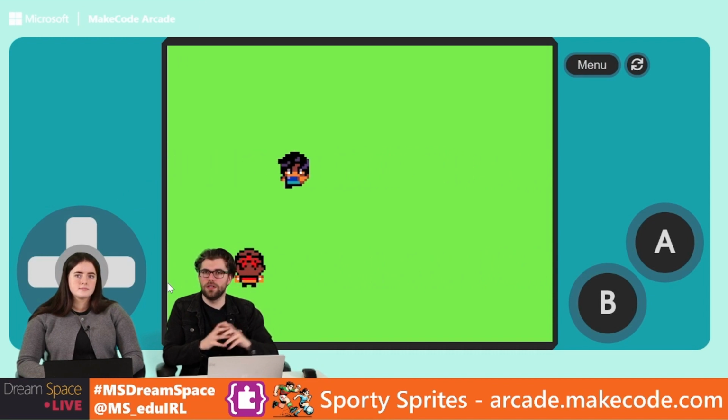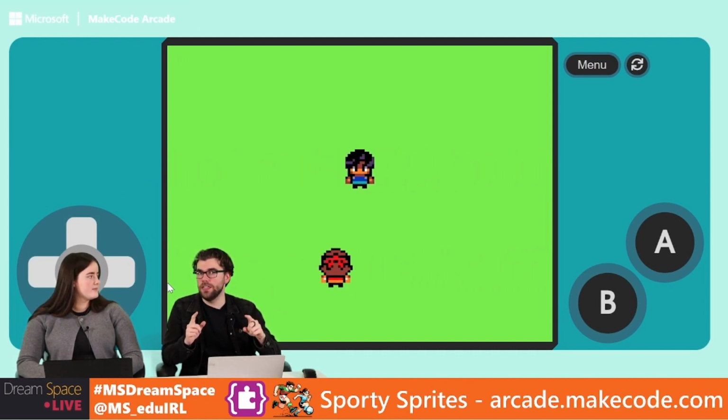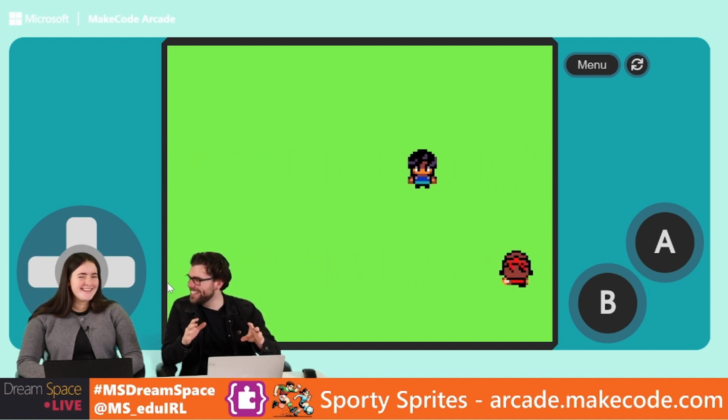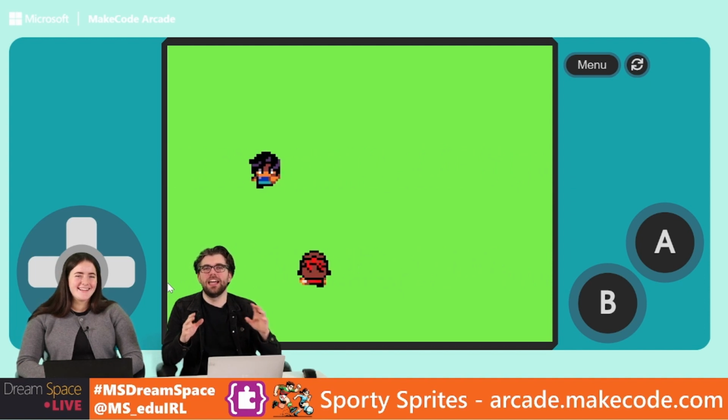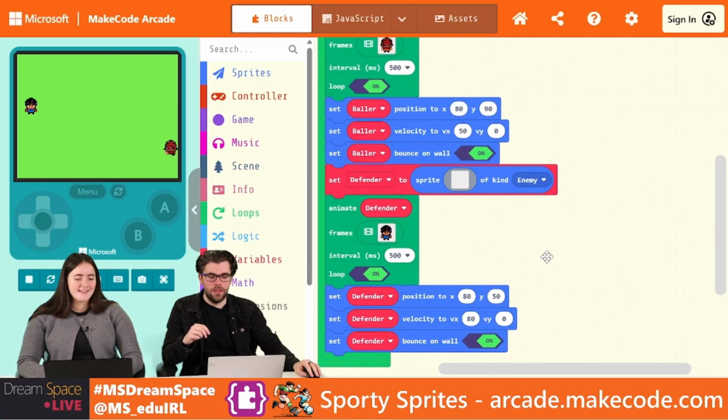So we have our player going left and right. We also have our defender going left and right. And as you can see, our defender's speed may be a small bit higher, right? Yeah. So we're going to have to rely on skill here to get past it, as they're a little bit faster. So right now, folks, I'm going to pause again,